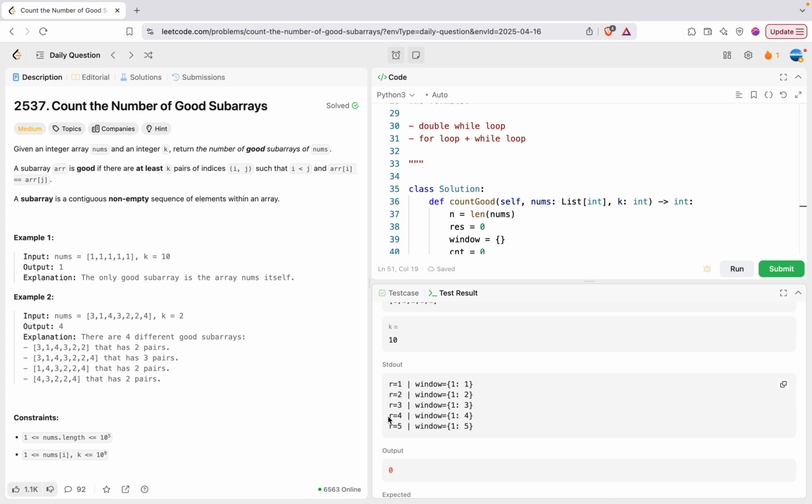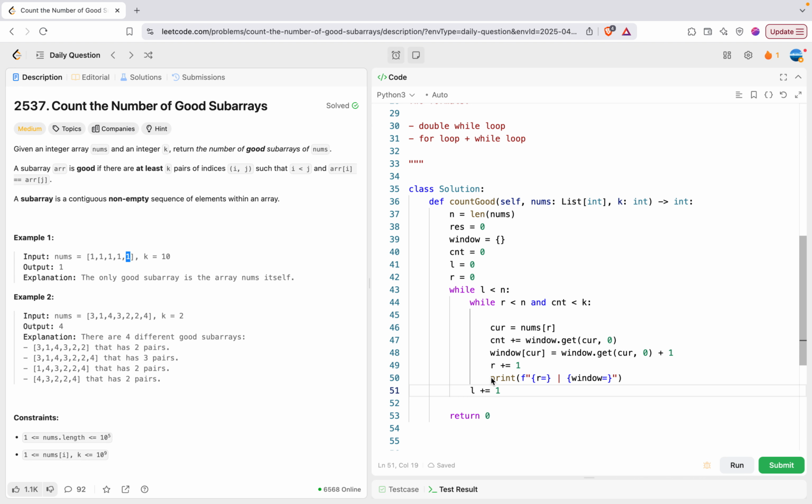So when R equals 4, right? Because after I add this 1, the window is actually up to this status. When R equals 5, actually after this index, this was added. In other words, after we increment this index 4, then this element is added to the window, right? So you need to digest this part. So here, once we got this, so let me